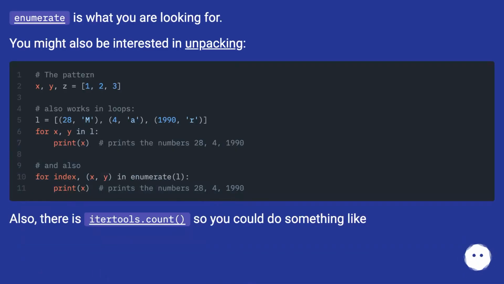Enumerate is what you are looking for. You might also be interested in unpacking. Also, there is itertools.count, so you could do something like